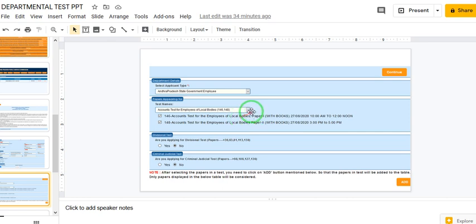Okay. After clicking on that, you have to click on this checkbox. Tick this, and both you have to tick this. And are you applying for divisional test papers? You have to choose no. Are you applying for criminal judicial test? No. If you are not applying, you have to choose no here.